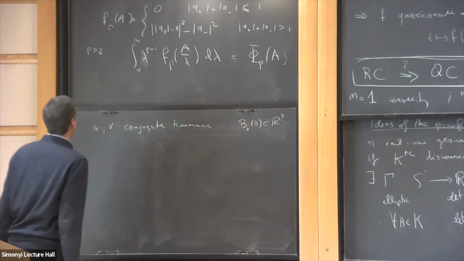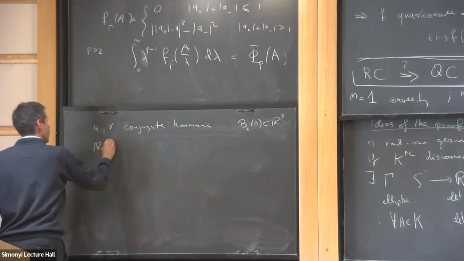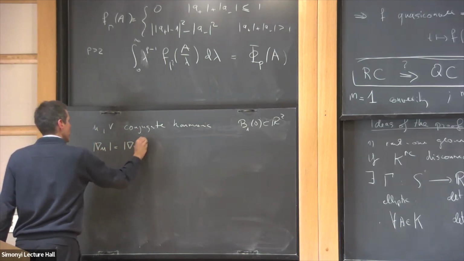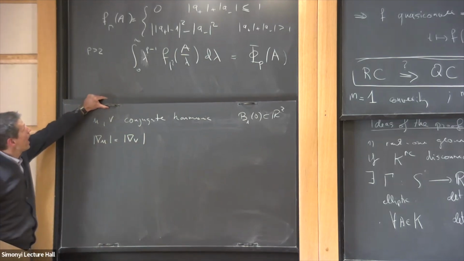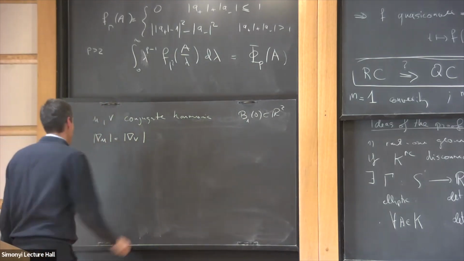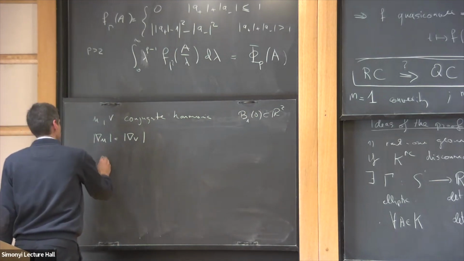Then you know that the gradient of u is equal to the gradient of v modulo rotation, by the Cauchy-Riemann equations. And so if I plug in to this F, say first to the F0,